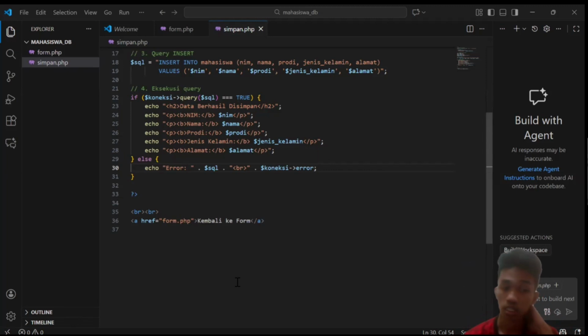Here we want to create a web to process student data using PHP and MySQL.